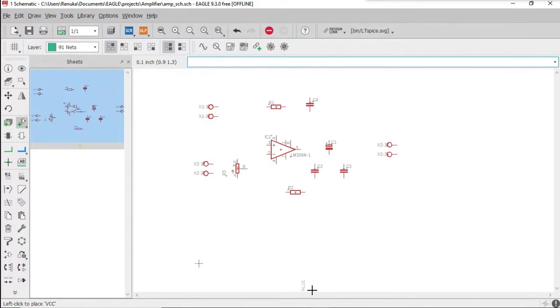You need one for the power pin and one for your pin number 6, that is VCC pin of your IC. So use them twice in the circuit.